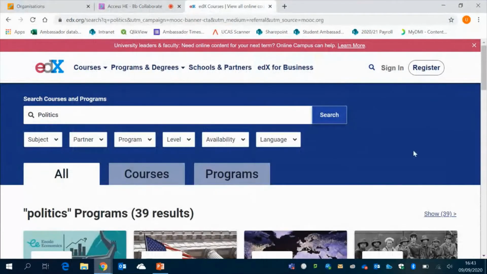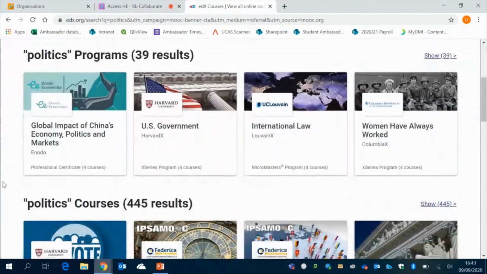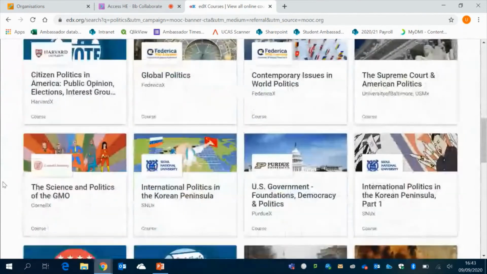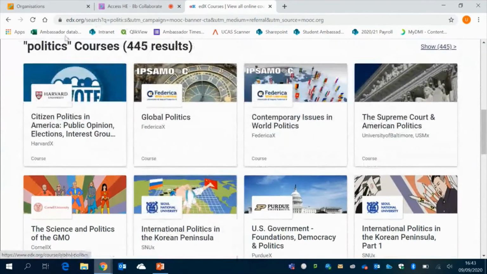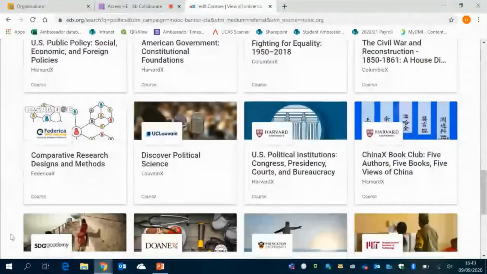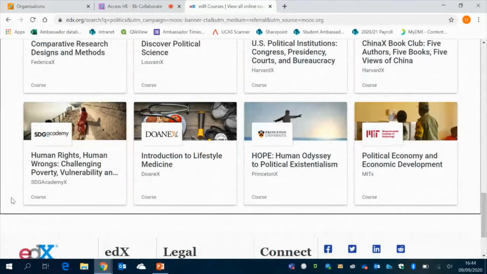Now, this is a great page which offers free courses from universities around the world. And as you've likely just started your Access course, so you won't have as much academic stuff to write about, it's a really good idea to go on here or find something similar to bulk out your personal statement. So you get to the main page and you can just search by interest. So I've gone for politics, and you can see here there's courses from all around the world looking at all different interests in the subject. So for example, we could look at Korea, we could look at the USA. There's so many to choose from, and this is where you can really show your personality, show what you're interested in, and make you stand out.